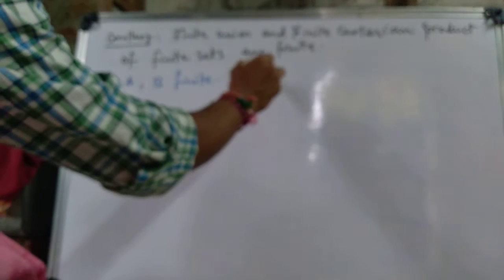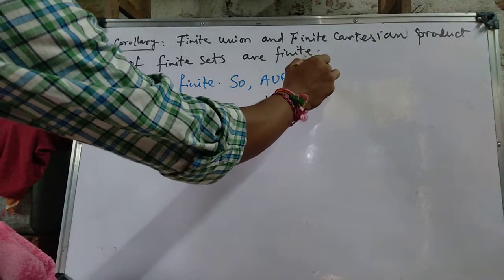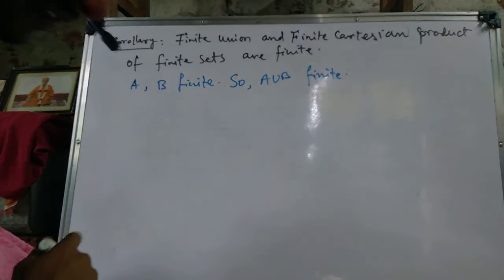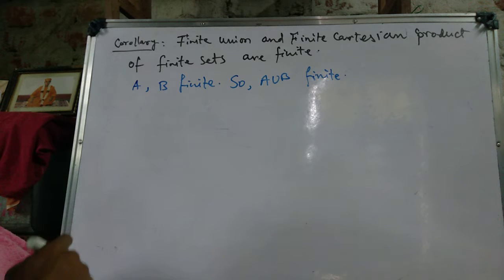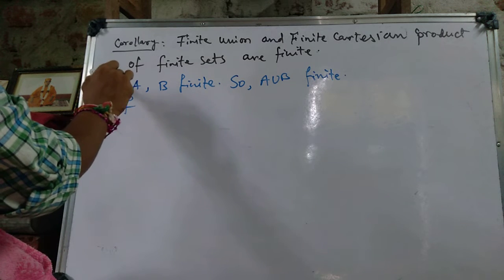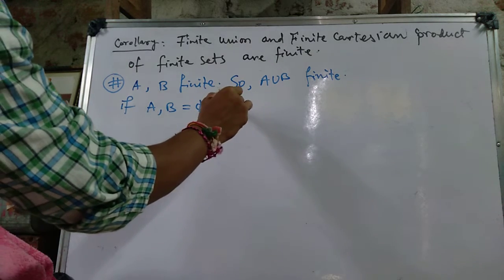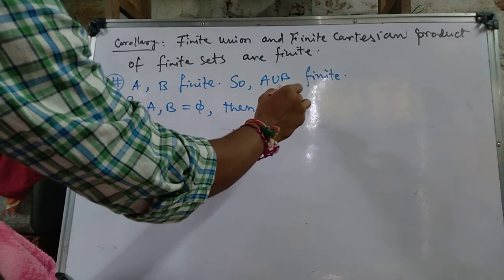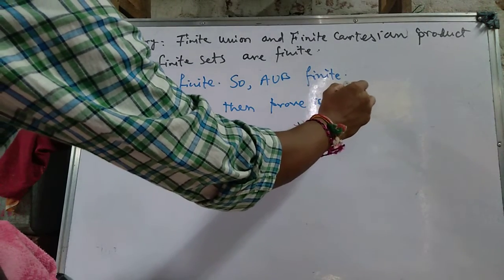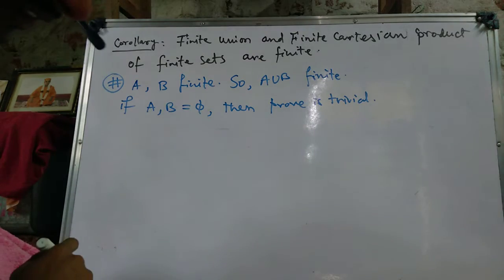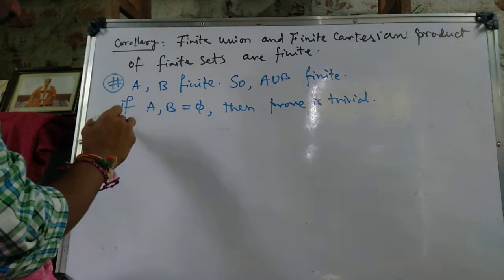Then how do we prove it? First we see that A and B are finite sets, then show A union B is also finite. This one is trivial. If A and B are empty, first we show this one. If A and B equal to phi, then the proof is trivial. Now otherwise,